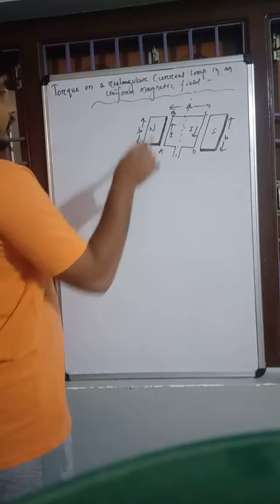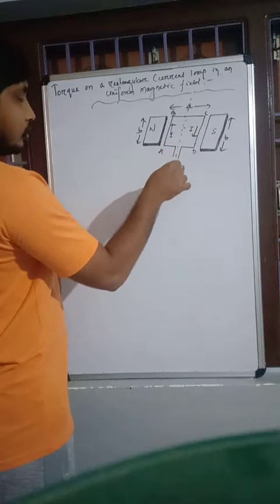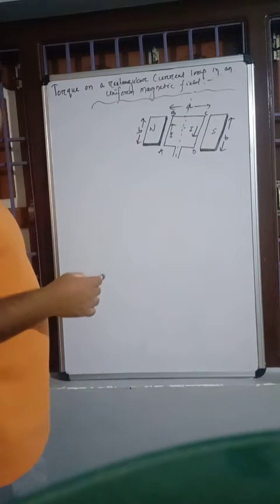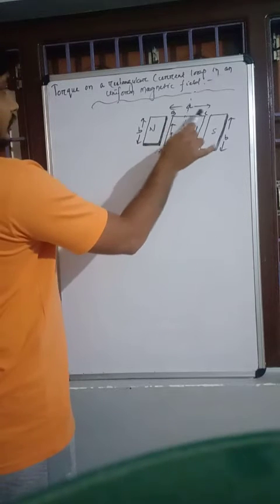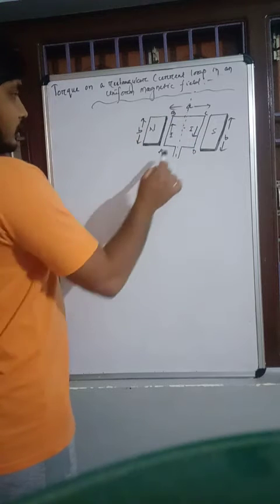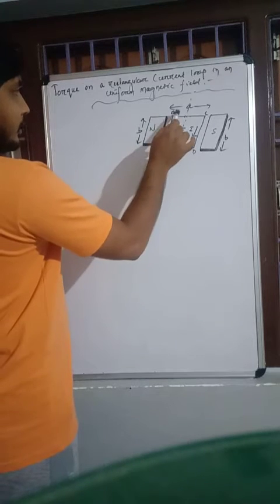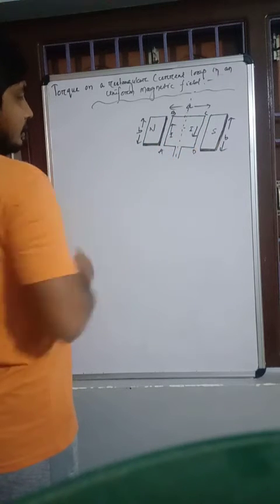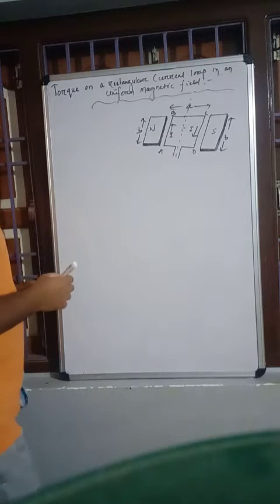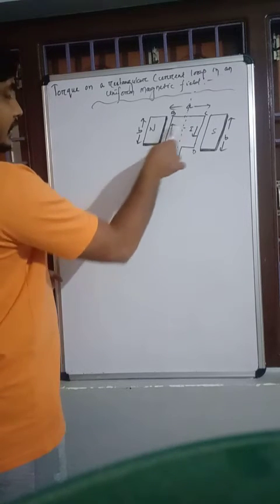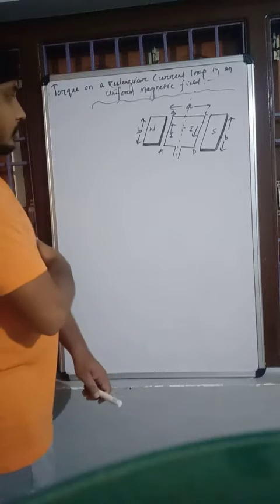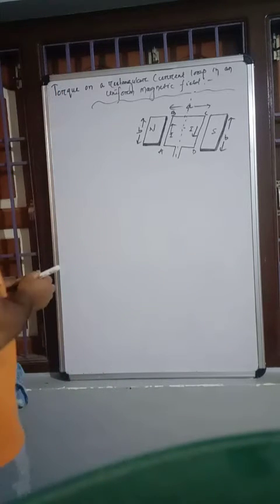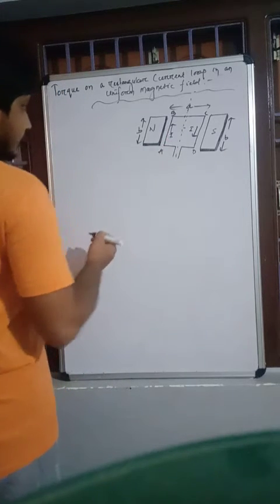So before calculating the torque acting on this rectangular loop, let us first calculate what is the force acting on each arm. Here four arms are there: AB, BC, CD and DA. So we will calculate what is the force acting on each arm, then we will go for the calculation of the torque. So here you can see that